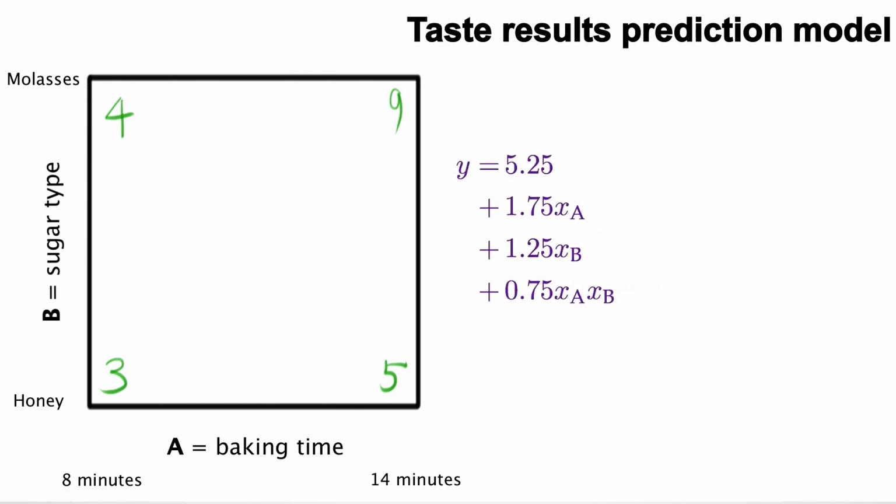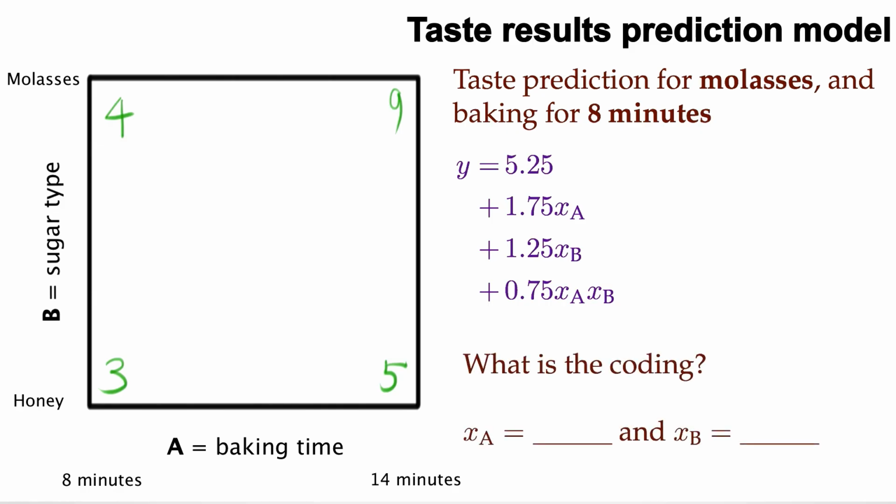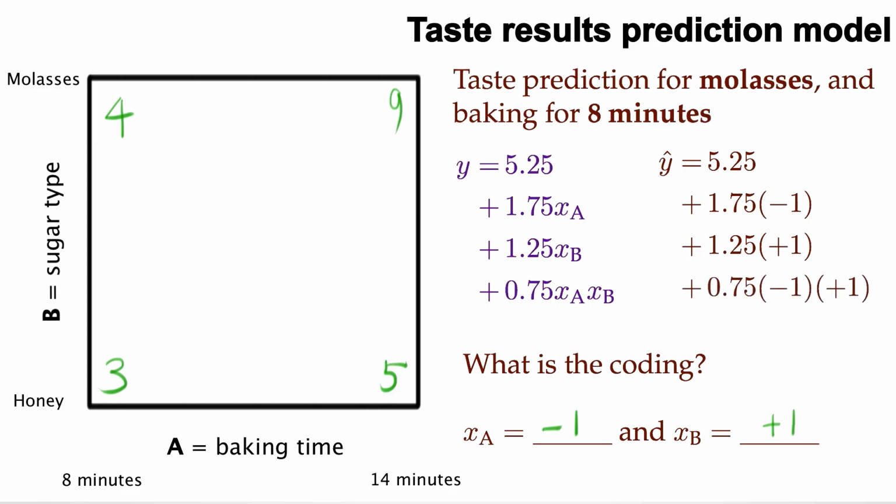Try to predict the taste when using molasses and a cooking time of 8 minutes. For that case, XA is equal to -1 because of 8 minutes, and XB is equal to +1 because we're using molasses. That's our coding. So the predicted taste is 5.25 plus 1.75 times -1 plus 1.25 times +1 plus this interaction of 0.75 times